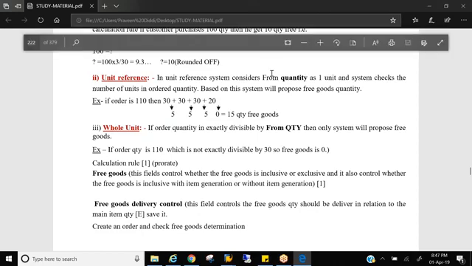What I observed, Praveen, is that when we opened an order, in the pop-up only those document types were visible that have the same document category. Yes, document category should be the same.